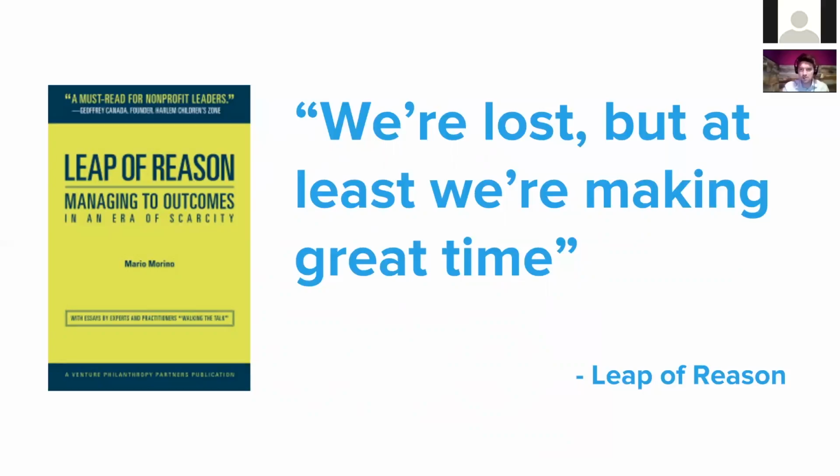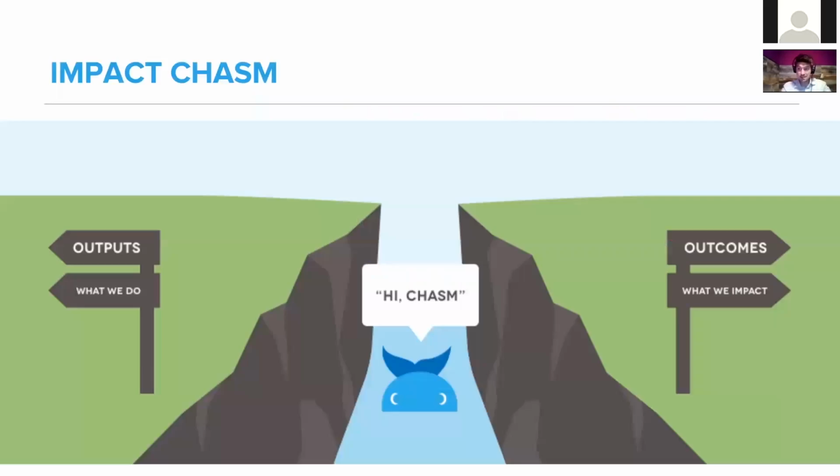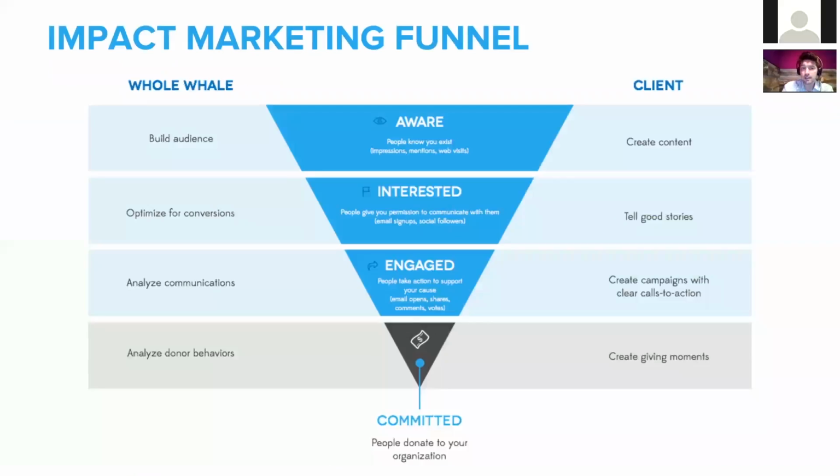We have to make sure that we're not just tracking a metric that's easy, which is how we get into the impact chasm, moving toward outcomes, or to the outcomes we wish to impact. While we might be doing great work online and on the ground, if we don't build this bridge with indicators, with analytics, especially web analytics, we end up with, hey, we had a whole bunch of page views, but I have no clue if it helps me get to the outcome, like improving youth literacy in America.